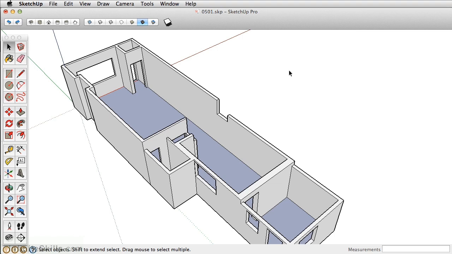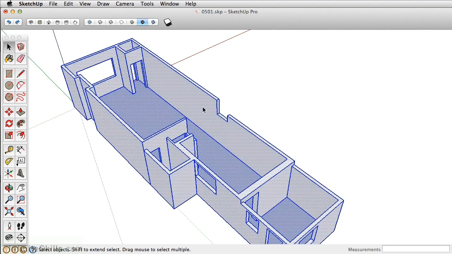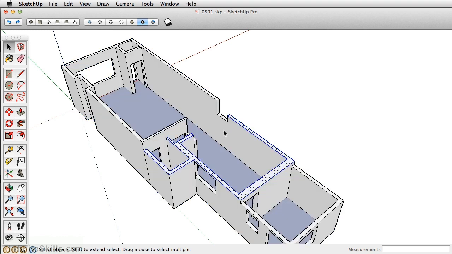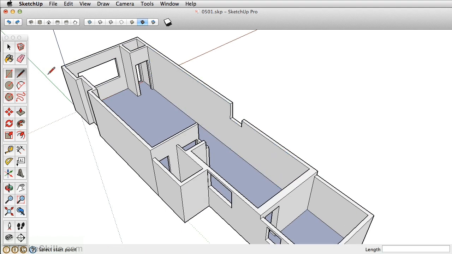This is usually the moment where SketchUp users get the most frustrated. They've modeled a lot of the building and they go to put on a second floor or make changes to the first floor, and all their geometry is connected. So if I take the select tool, you can see how everything is touching, everything's connected. So if I go to add the second floor